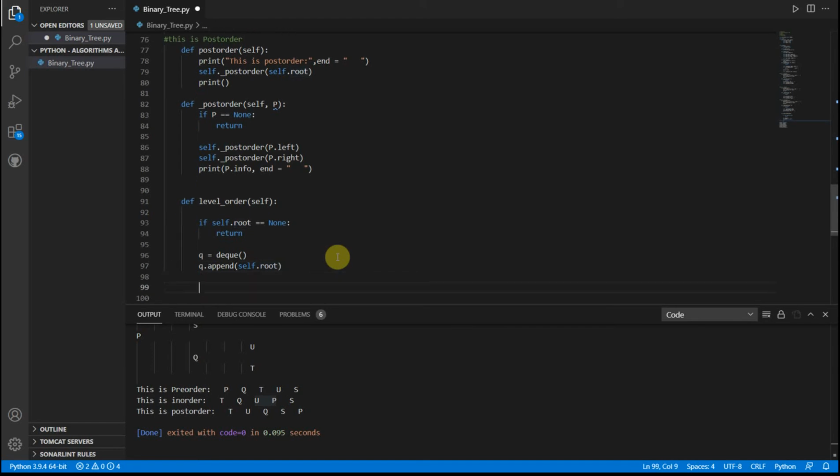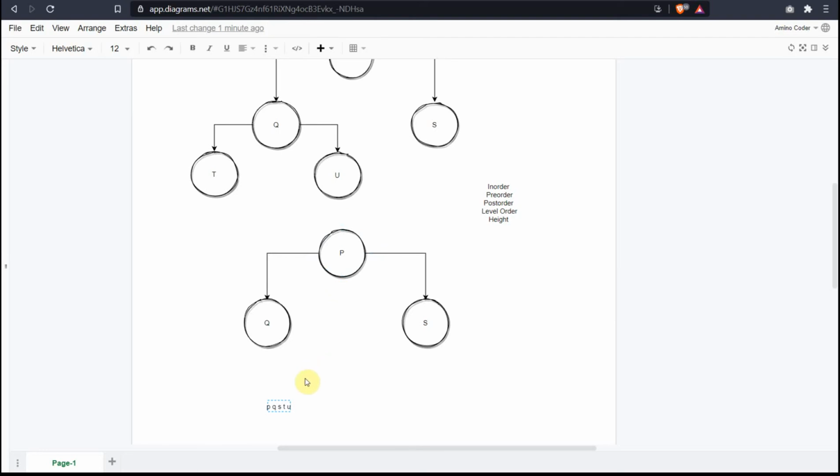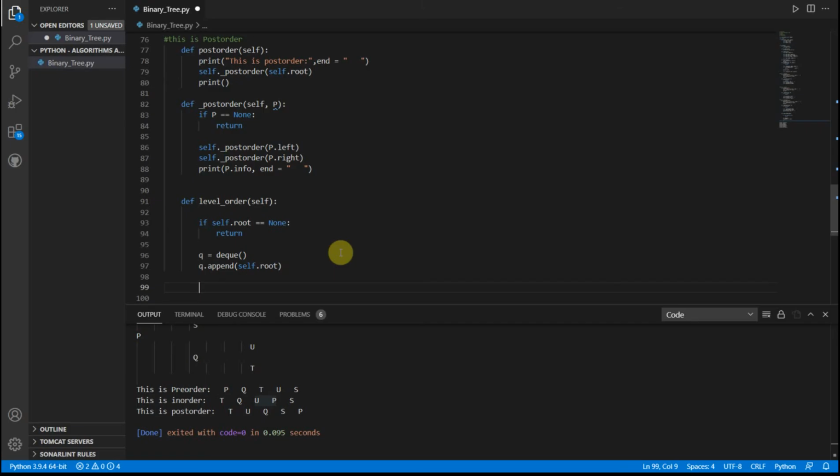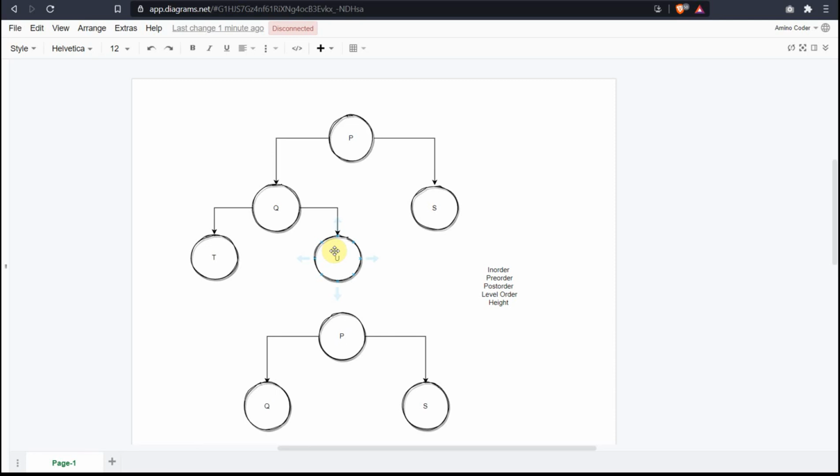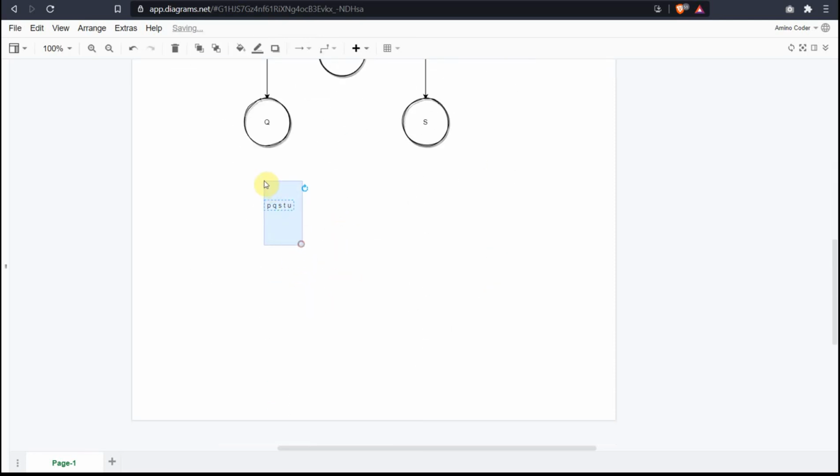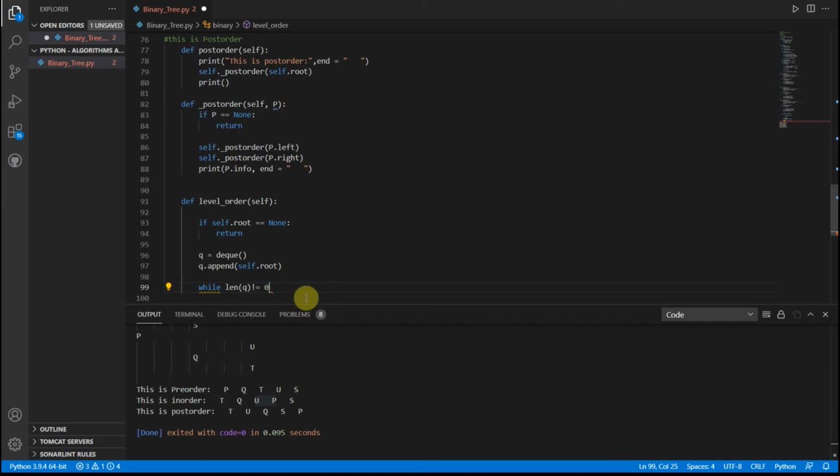Now what we want, this here must be forming somewhere. Now when will that last? While something is inside that. Something is inside that. That means that length of Q is not equal to 0. So there is something inside it. The length is not 0. So we have something inside it, right? So while that's the case,